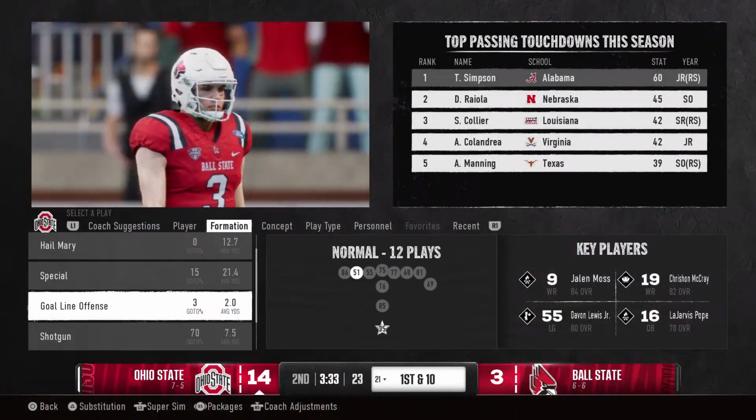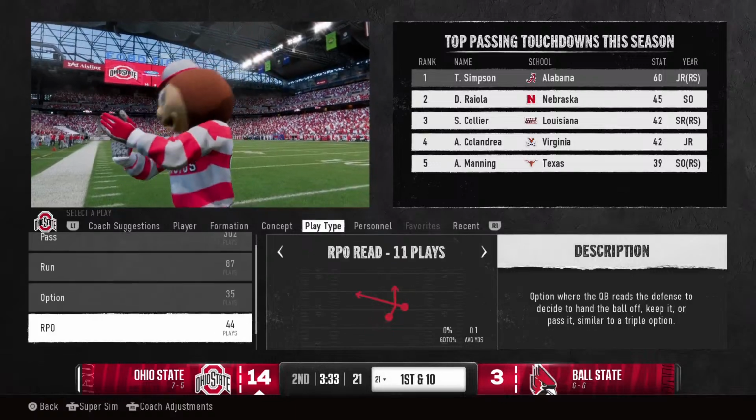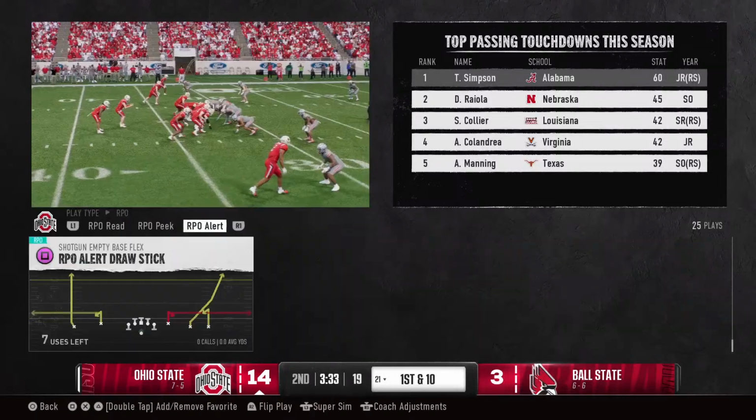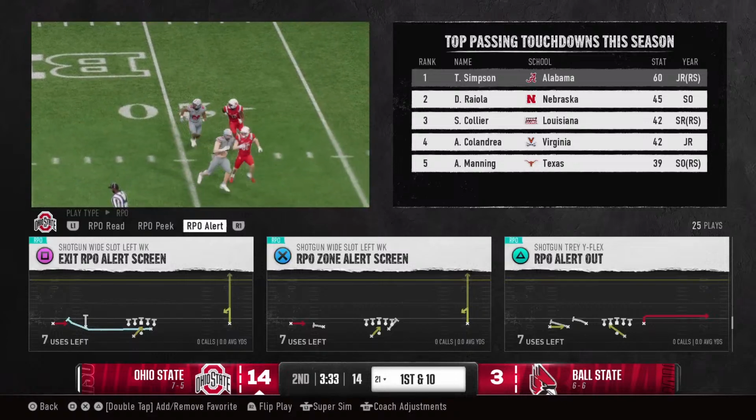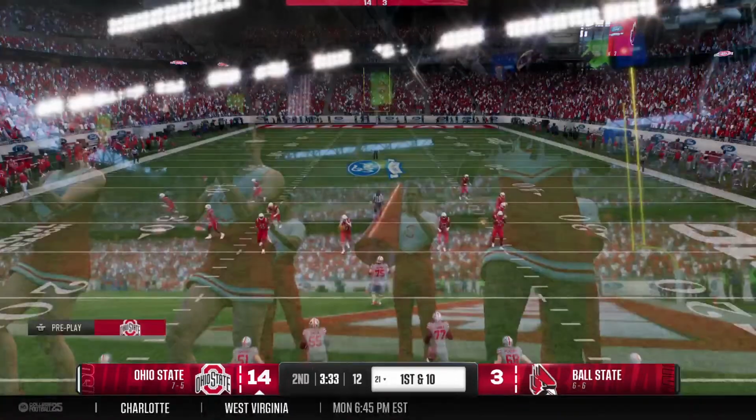Well, the defense was able to get to the QB, and I think that's what really creates the interception. Because of the pressure and because of the hit on the quarterback, it affected the velocity, it affected the accuracy of the throw. The defense comes away with a huge takeaway.